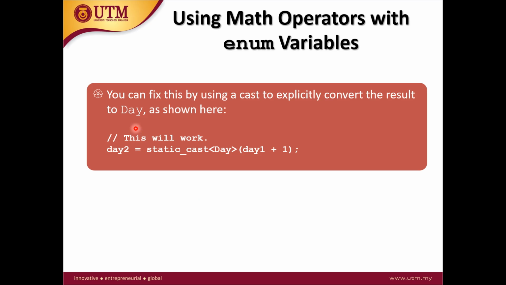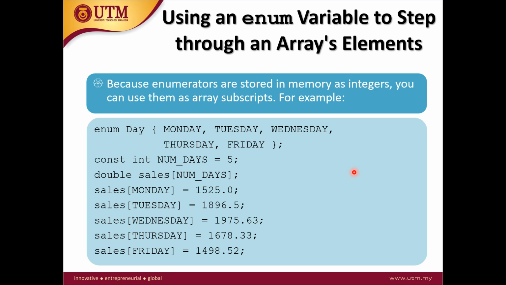In order to fix this, we need to use static cast of day 1 plus 1. In this case, it translated the integer to the identifier which was stored in day 2. Using the enum variable to step through an array's elements, for example here we've got the sales array,